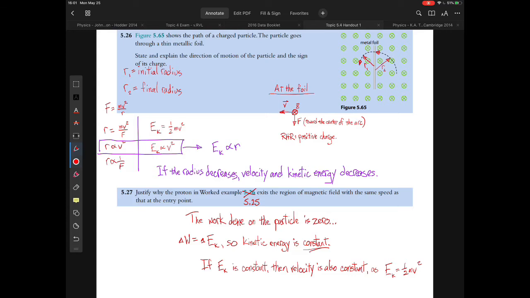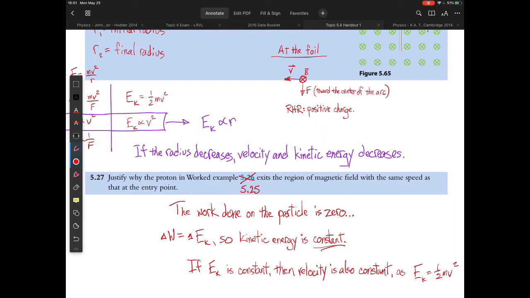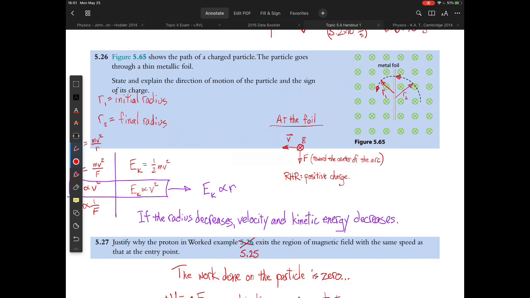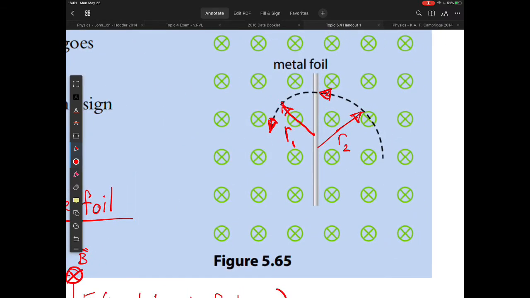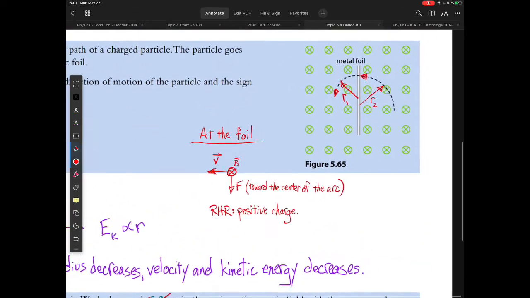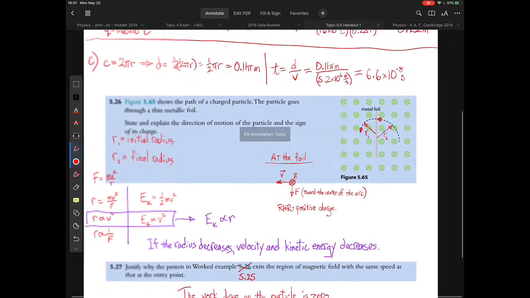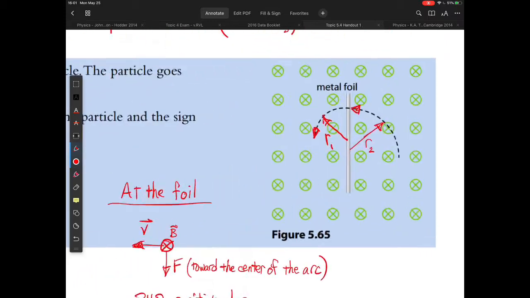I'm officially very annoyed by problem 5.27 because it has a mistake. Justify why the proton in worked example 5.26 exits the region of the magnetic field with the same speed as that at the entry point. Well, this doesn't make sense for a number of reasons. First, we're not actually shown either the entry or the exit point. And in this case, as we've demonstrated, both velocity and kinetic energy are going to decrease,